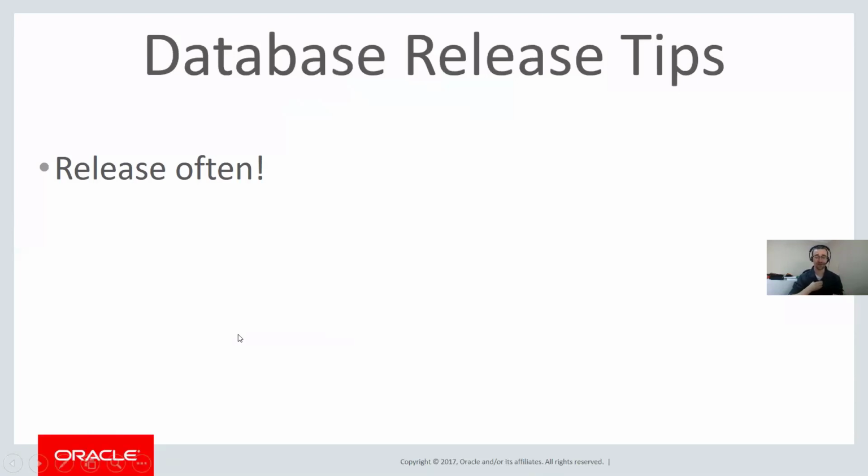So, I would say you really should be pushing to do your database releases as often as you need to. If it's a small application that has one change request a year, yeah, you probably only need to release once a year. But if it's a key application for the business, and you've got constant development going on, you should be releasing, I would say, at least once a month, probably more often. Obviously, it depends on exactly what you're doing and what your rate of change of your schema is. So release often.